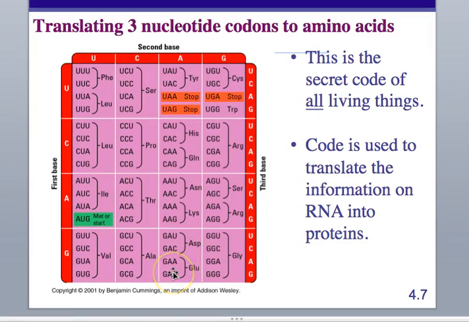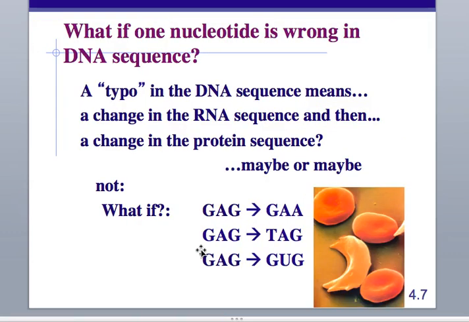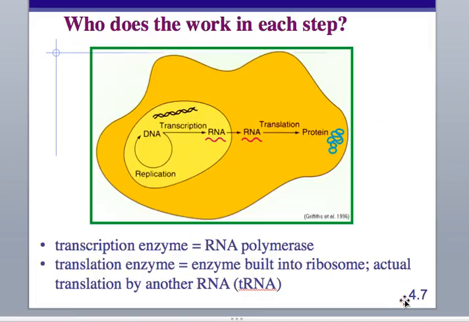But you'll notice if you misread GAA or GAG as GAU, you get a different amino acid, and that's where mutations come up. So this could be the difference between blonde hair and brown hair, or it could be the difference between a functional and a non-functional protein in the hemoglobin in your blood cells. Most mutations are benign, but a lot of mutations are dangerous, and can actually hurt people or hurt an organism. The chance of getting a good functional mutation is incredibly rare.